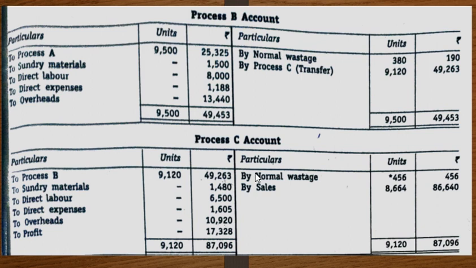Usually in all the problems, the balancing figure will be by process account or by finished product account. But here, as you have been given the sale value for process C, which is stated as rupees 10 per unit, we have balanced the units, and we've got the difference of units here as 8,664 into 10 per unit. So we have got the value directly. Then if we add up your output values, the total you will get is 87,096. When we minus your input values, we get a difference of 17,328. So this difference will be considered as your profit.